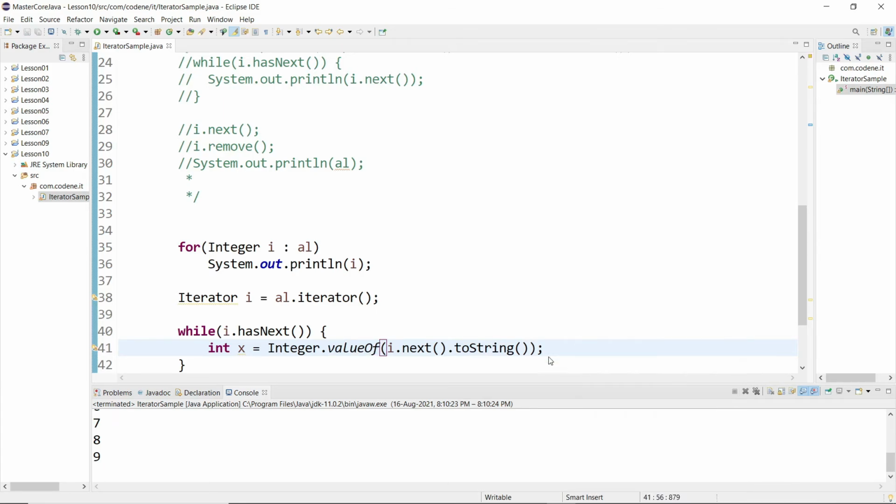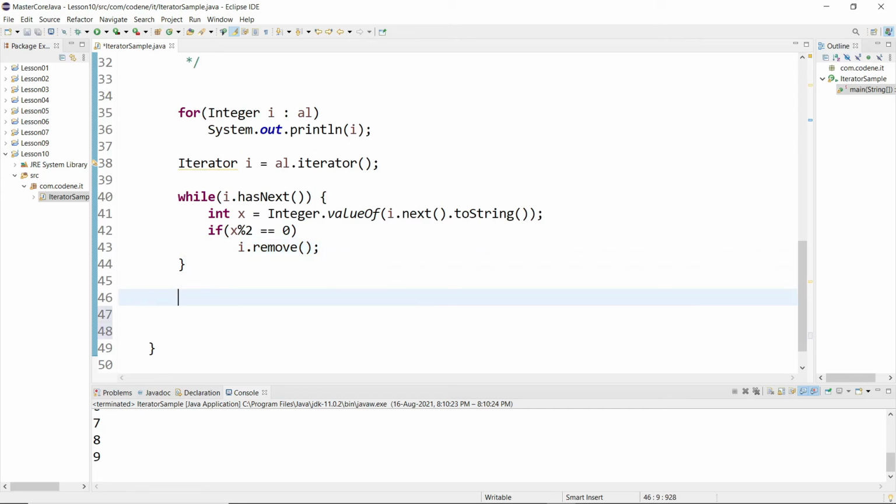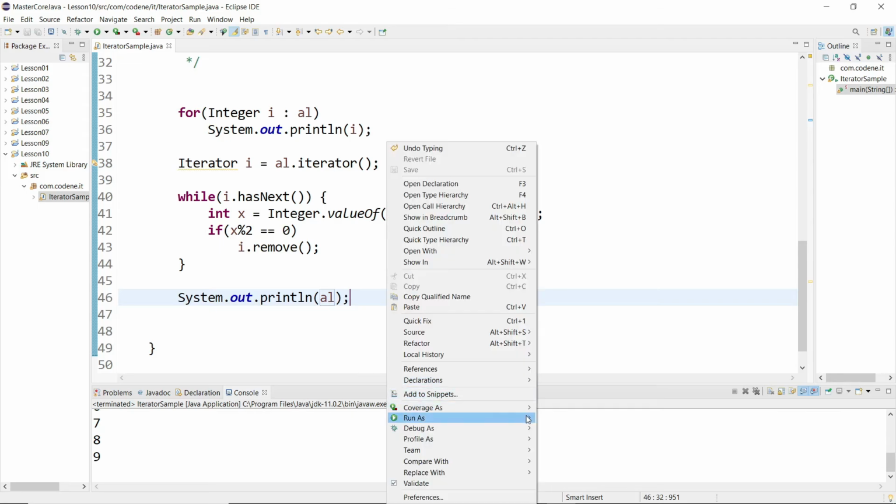Now it should work, right? Now with x, I will say if x modulus 2 equals 0, I will call i.remove. After that, let's print out al.